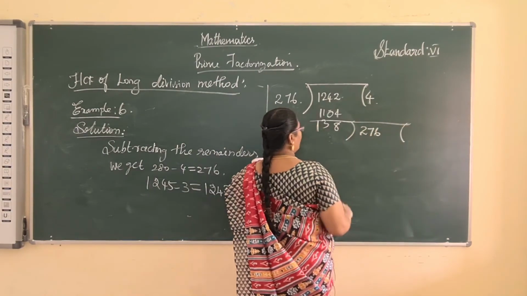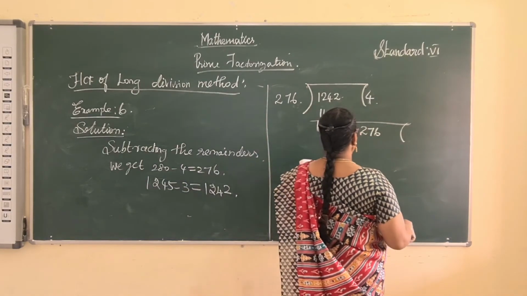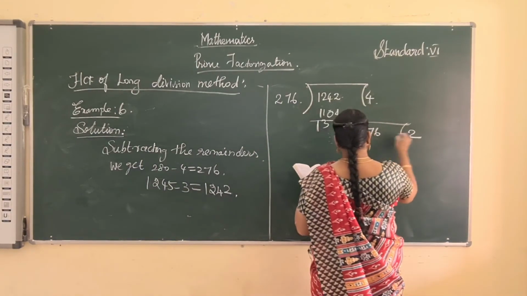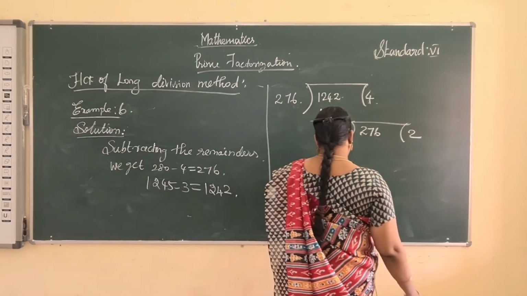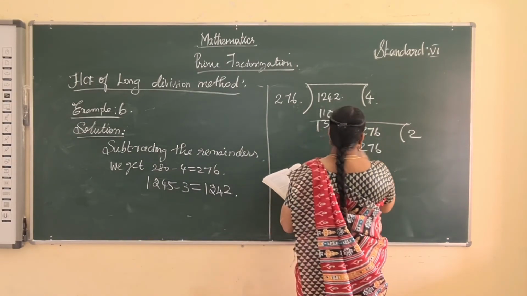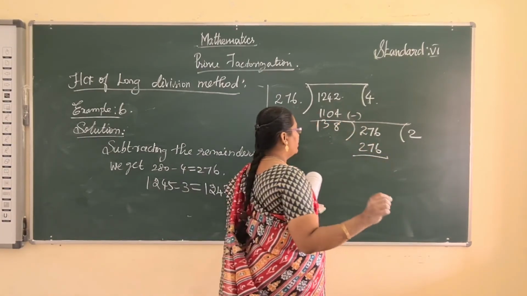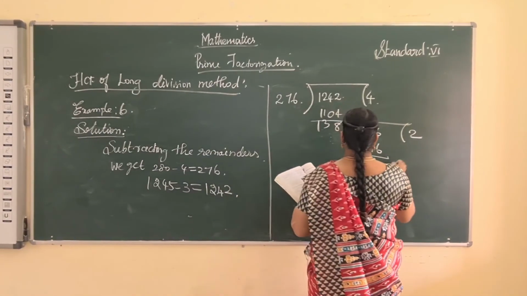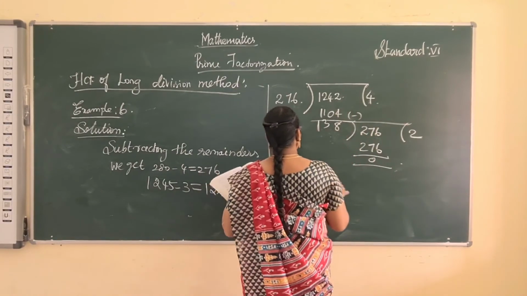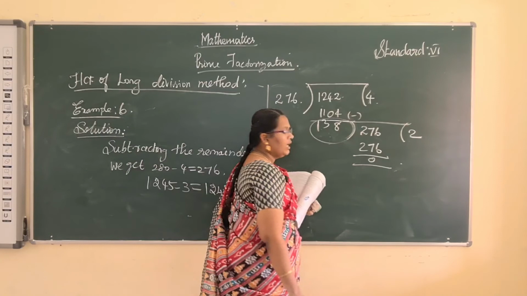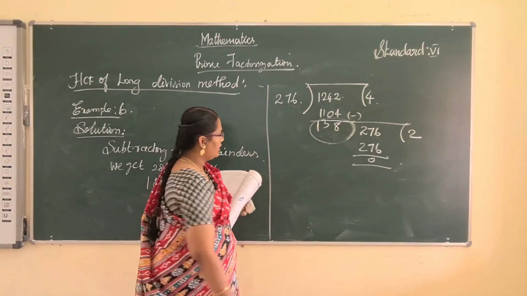Okay, so how many times? 138. So here 6 is in. So twice the times. Twice 138 is 276. Here subtract, as usual, division. Subtracting, we get the remainder as 0. So what is the last divisor here? 138.